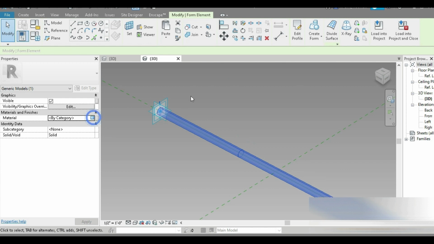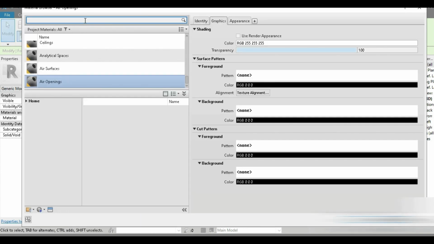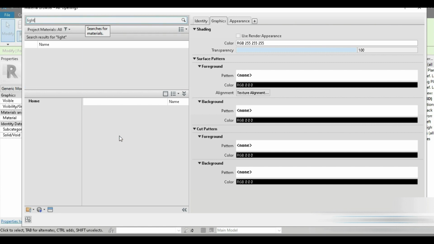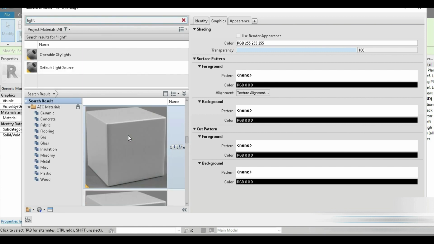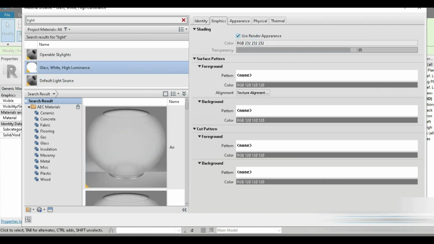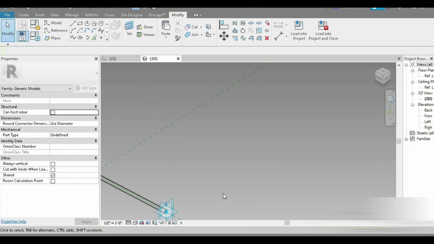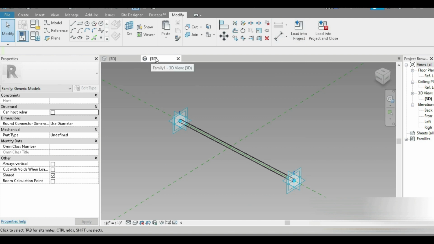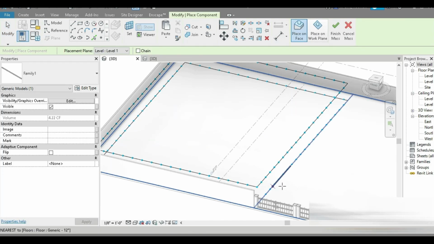So let's go to the materials right here. Let's change this to light. I'm trying to make these light tubes, right? These light bulbs, light tubes, and so this is it, right? This is our light bulb. This is family number 1, and let's load family number 1 into the project,